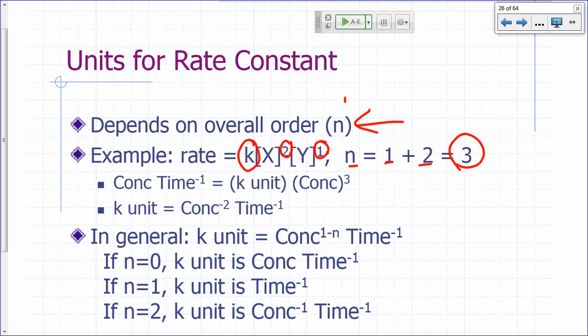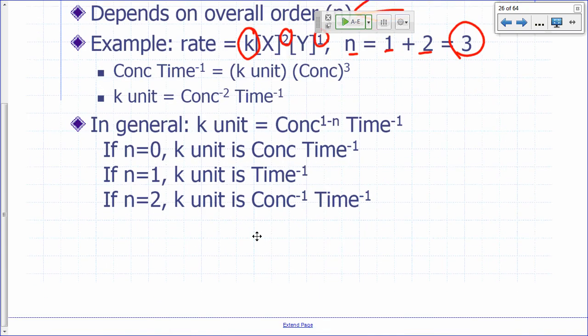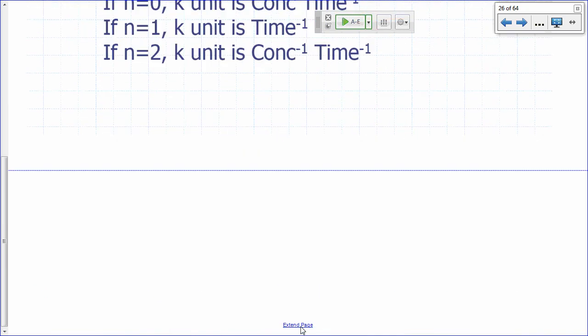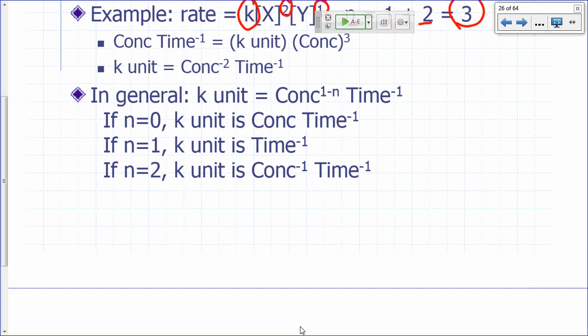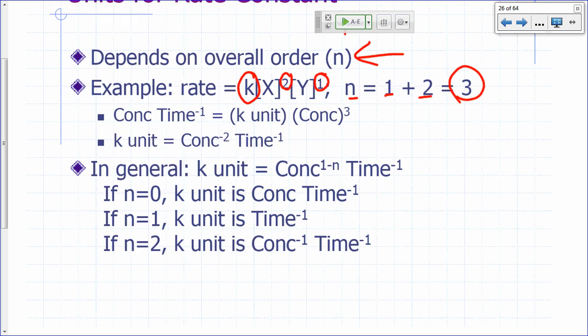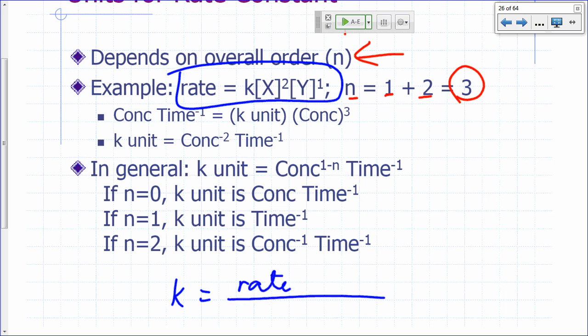So what would be the unit for k? Well, let's look at this particular example, okay? Might be better to, let me try a different approach here. So let's rearrange this equation to solve for k. What would you do to solve for k here? Let's rearrange this one. k would be equal to rate divided by